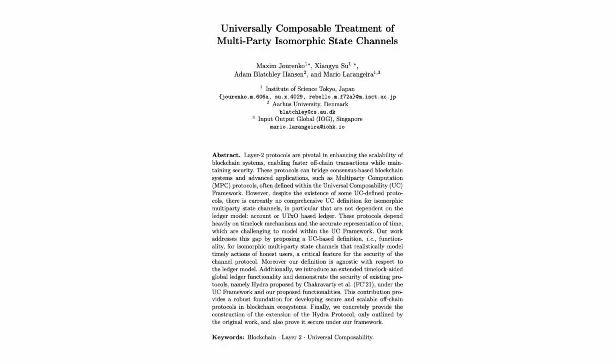Okay, so layer 2 speeds things up, moves transactions off the main chain. Sounds like a win-win, but then we hit that crucial question again. What happens to security when these fast off-chain solutions need to connect back to the main blockchain, or even connect with other layer 2s or applications? It's not just about one piece working in isolation, is it? It's how it safely fits into the whole puzzle.